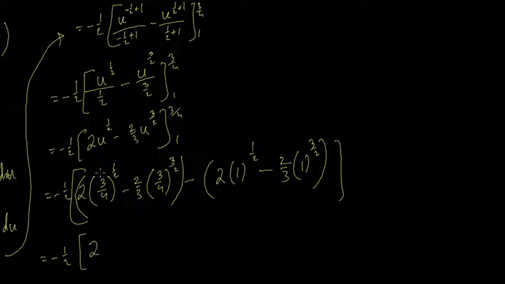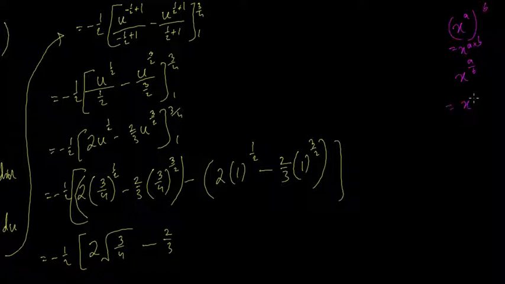So 2, now half means square root, so this means square root of 3 by 4 minus 2 by 3. Now 3 by 2 means whole cube. This is the indices rule. So x to the power a to the power b means x to the power a into b. Similarly, x to the power a by b means x to the power a to the power b, so that when you multiply the power it becomes a by b. So by that rule we can write